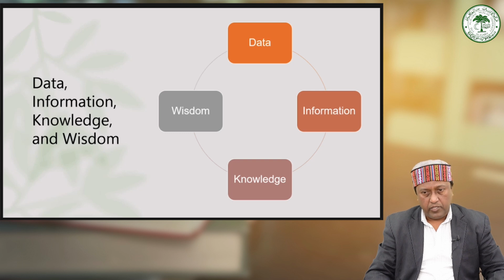Whereas information is the data that has been processed, organized, or structured to convey meaning, context, or relevance. So information provides context, significance, or value to data, enabling understanding or decision making. For a simple example, organizing the list of numbers, just suppose 10, 15, and 20, into a table with corresponding labels, sales, figures, etc. This provides information that can be interpreted and analyzed.